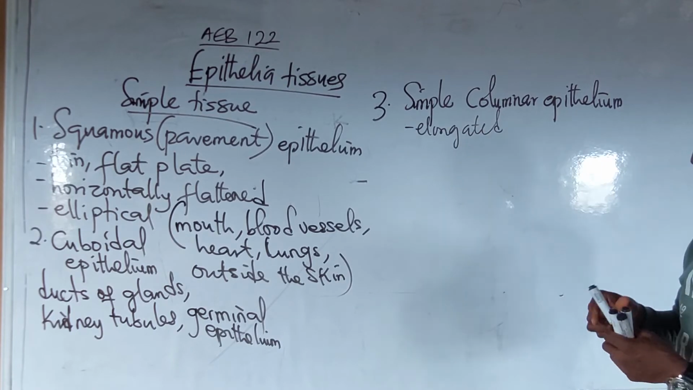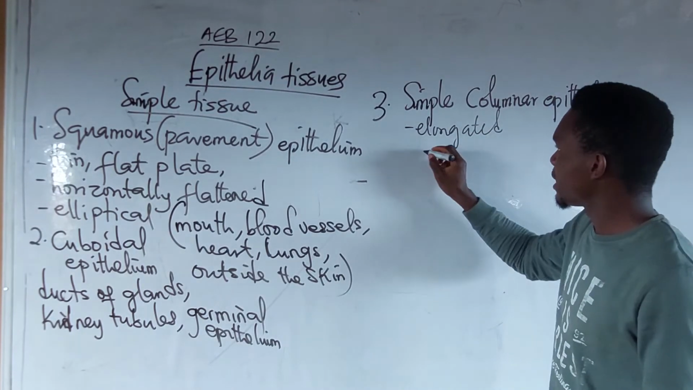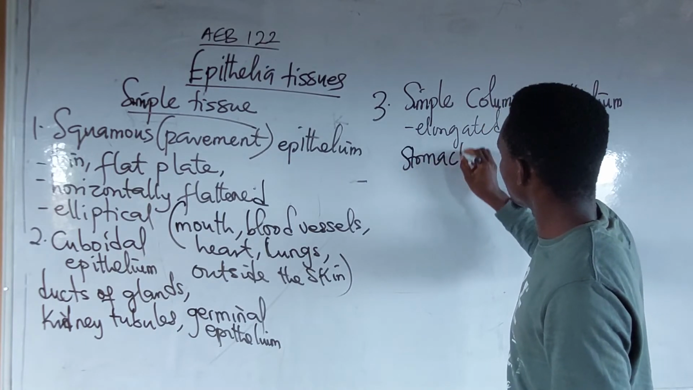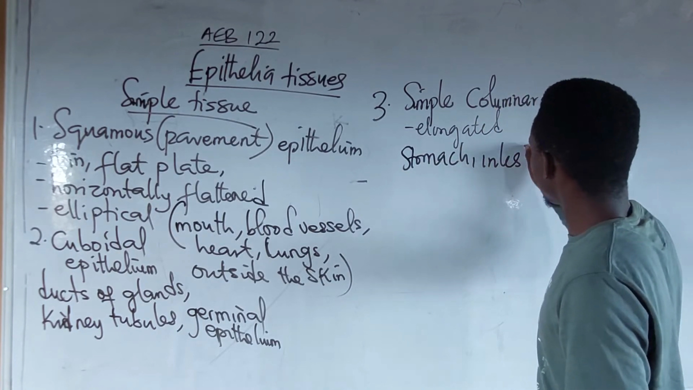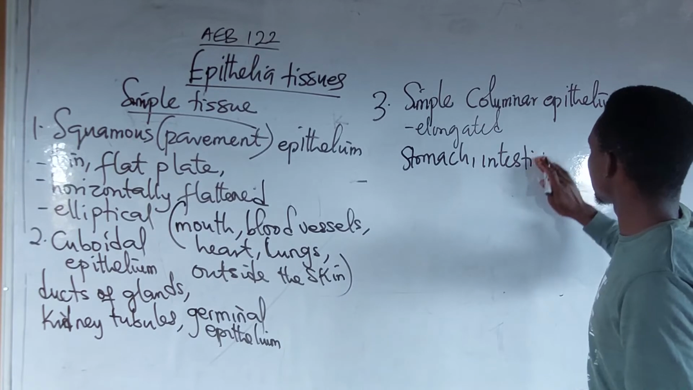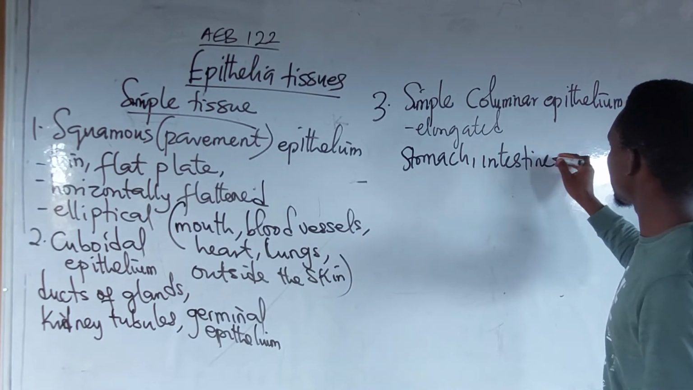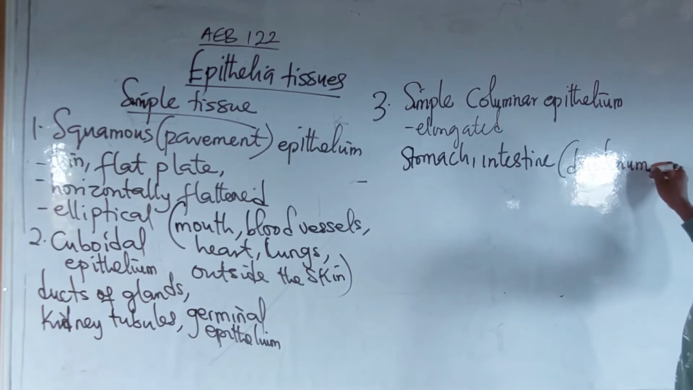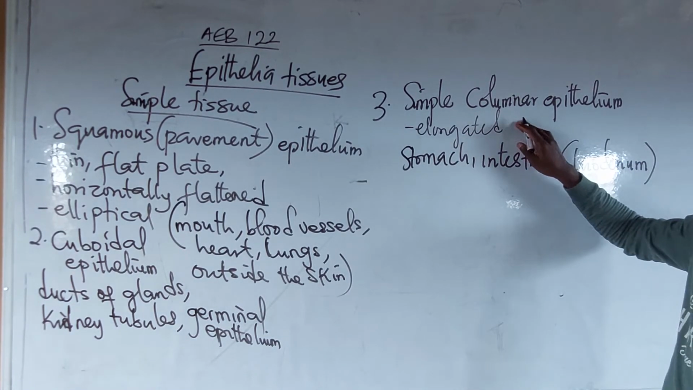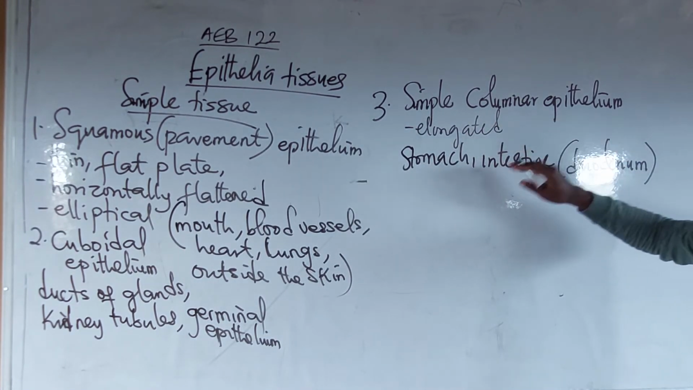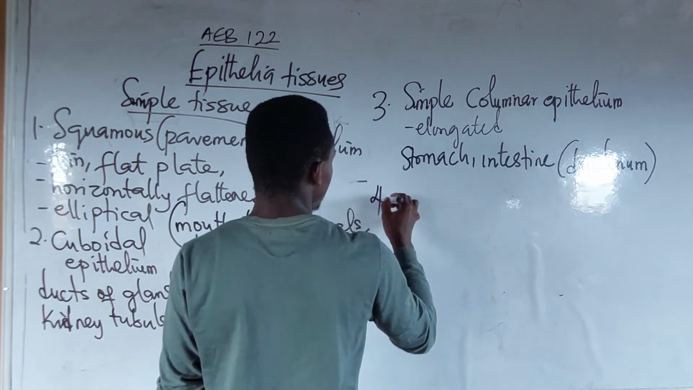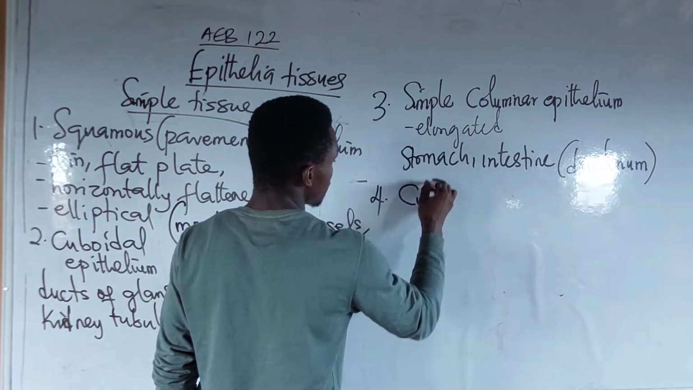Where is this type of epithelium found? It is found in the lining of what? Stomach, intestine, like the duodenum. All right. So please, simple columnar epithelium is found in the stomach and what? Intestine, the duodenum. Now number 4, we have the ciliated